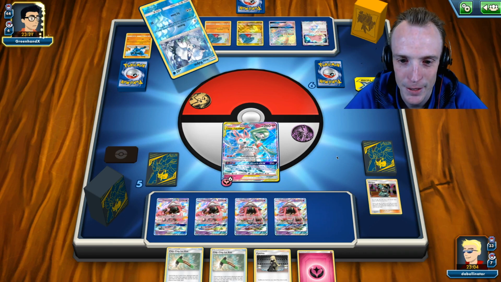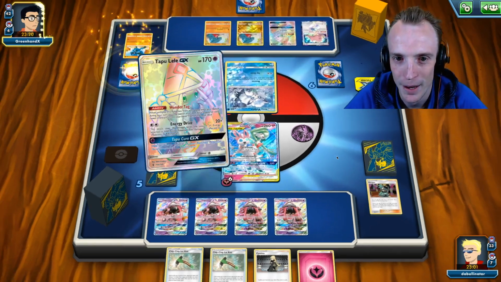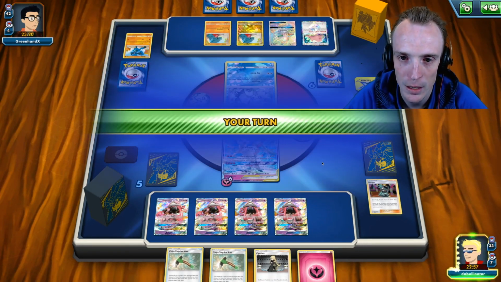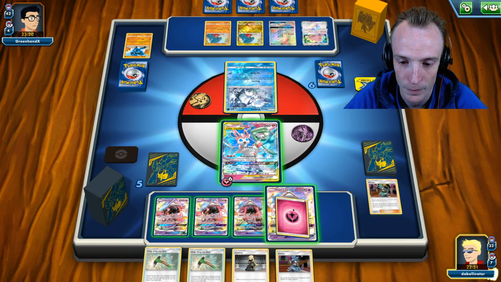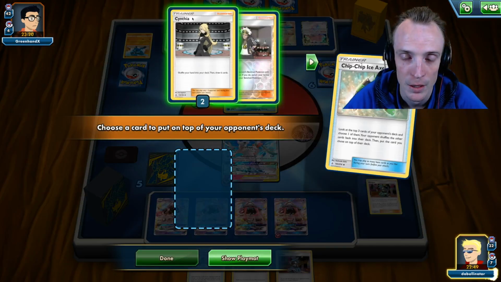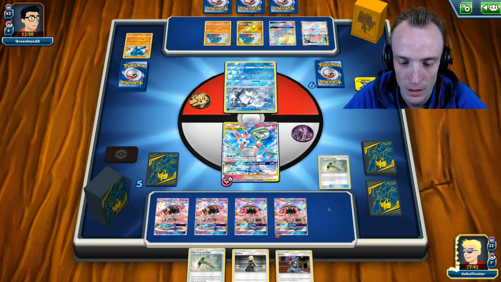And it's now going to be a test of how far can I pull ahead before you get yourself back up and rolling. So a Lele and a Lucario. I think we... Okay, that Lele is of concern because that does get you out of trouble. So what we're looking for now, we'll Chip-Chip Ice Axe. We'll make sure that what you're getting is just a Guzma out of that. And we'll now